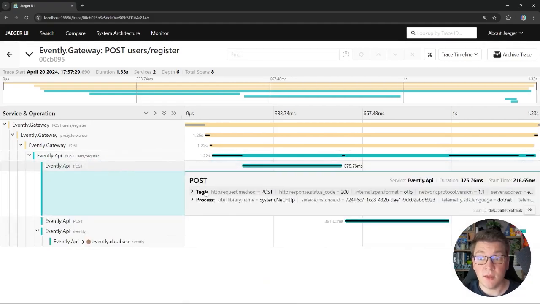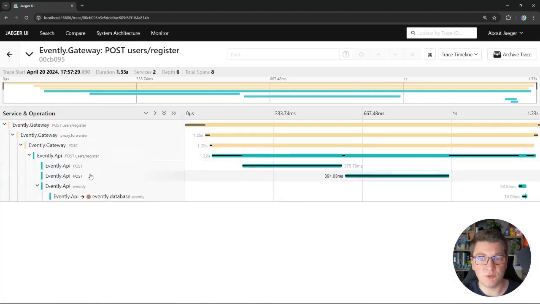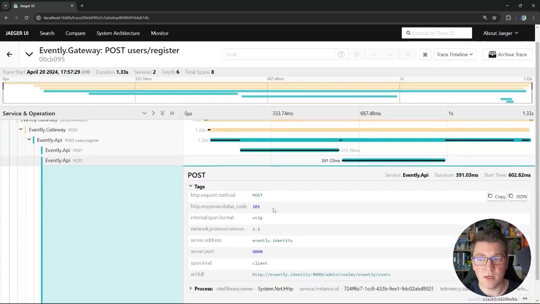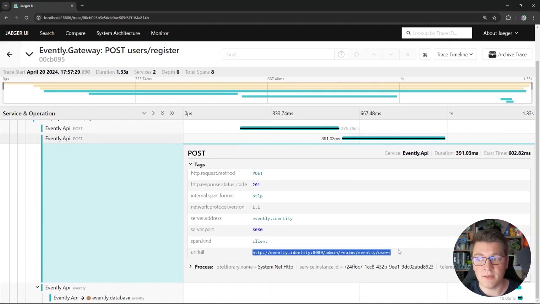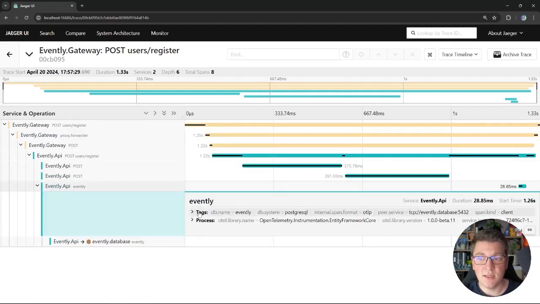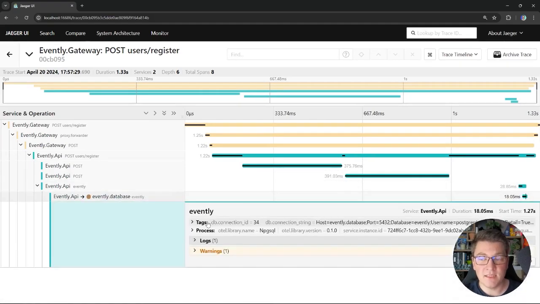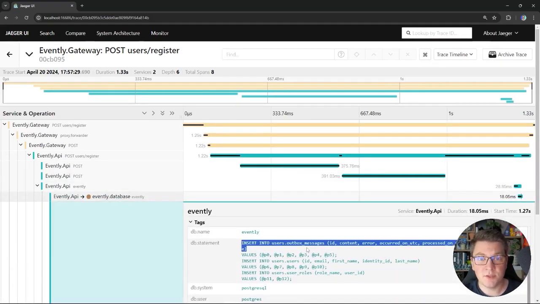This is going to send a POST request to Keycloak to obtain an access token using the client credentials flow, and then it's going to send another POST request to Keycloak, and this time accessing the admin API to attempt to register the user. You can see that this succeeds. Then we have another trace where we are opening a database connection, and lastly we have another span where we are inserting our domain event into the Outbox messages table,